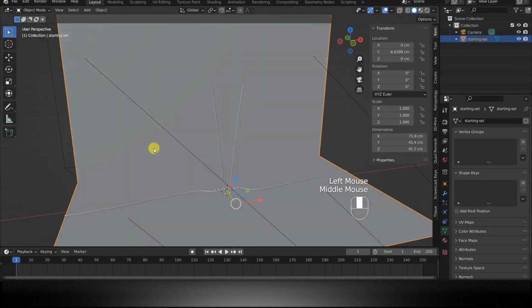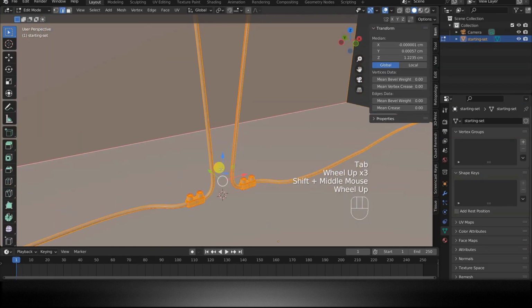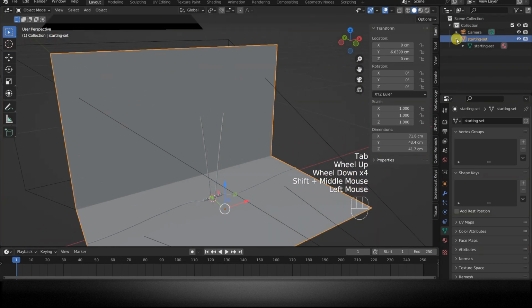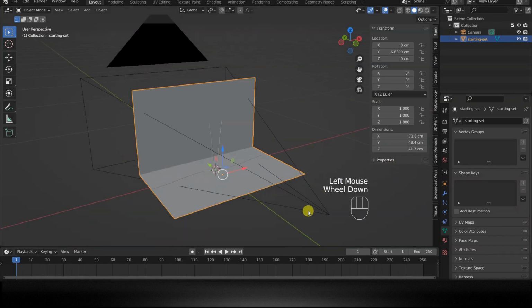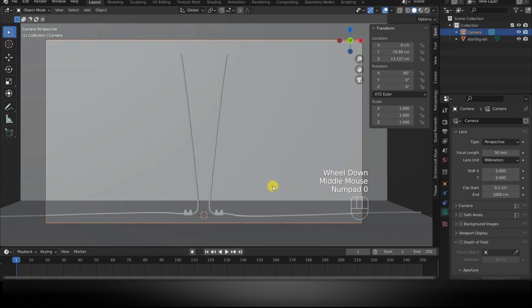Let's start by examining the starting scene. All geometric elements are part of a single object of the mesh type, equipped with a material and PBR textures. The scene is framed frontally by a virtual camera. This framing is what I used to create the animation that I showed you at the beginning of this video tutorial.